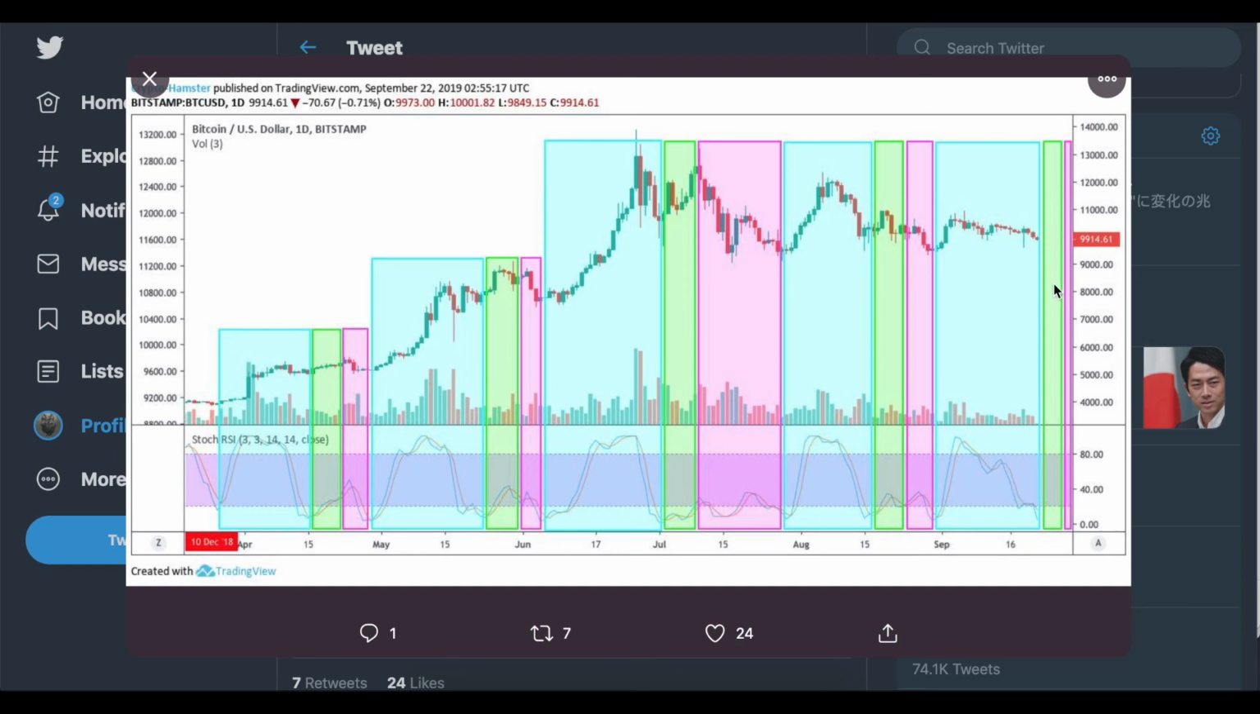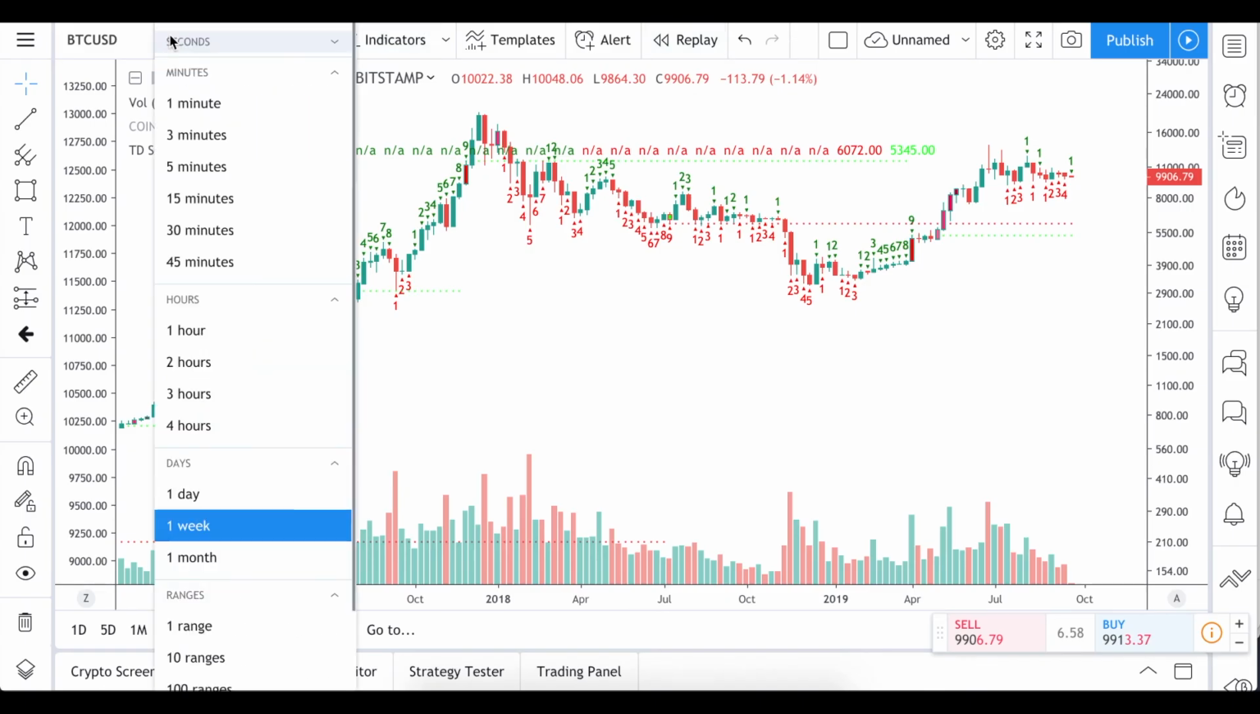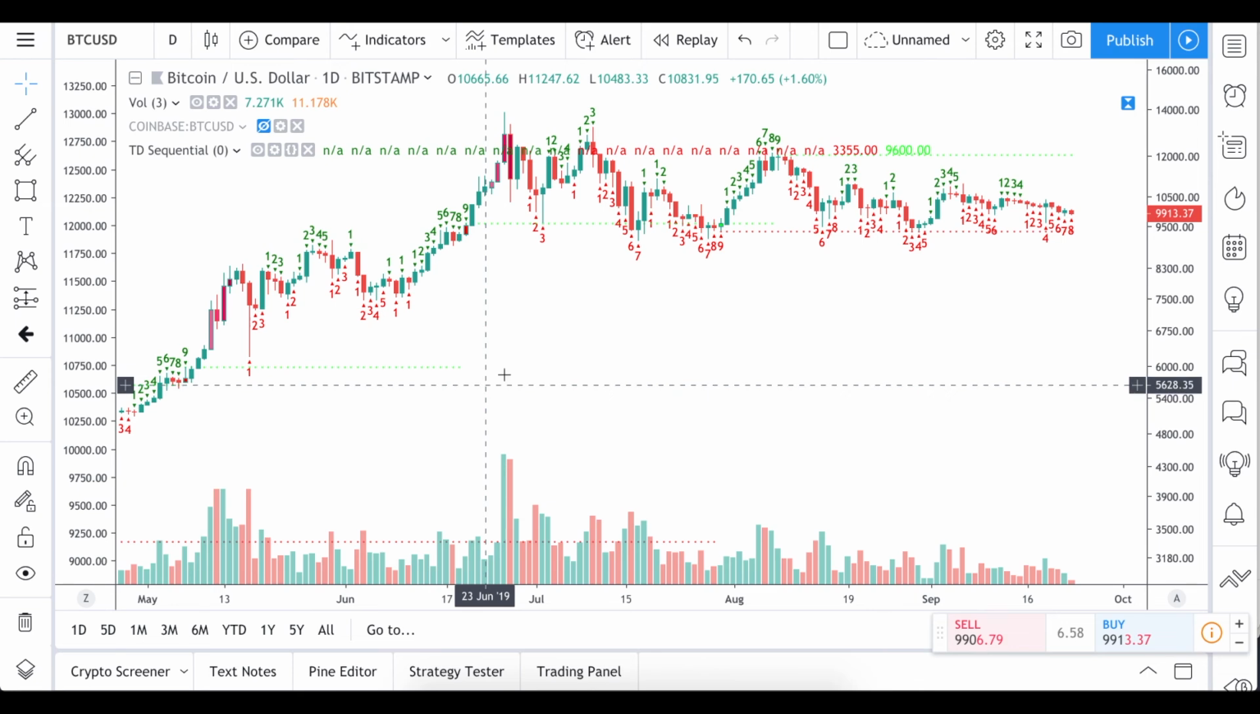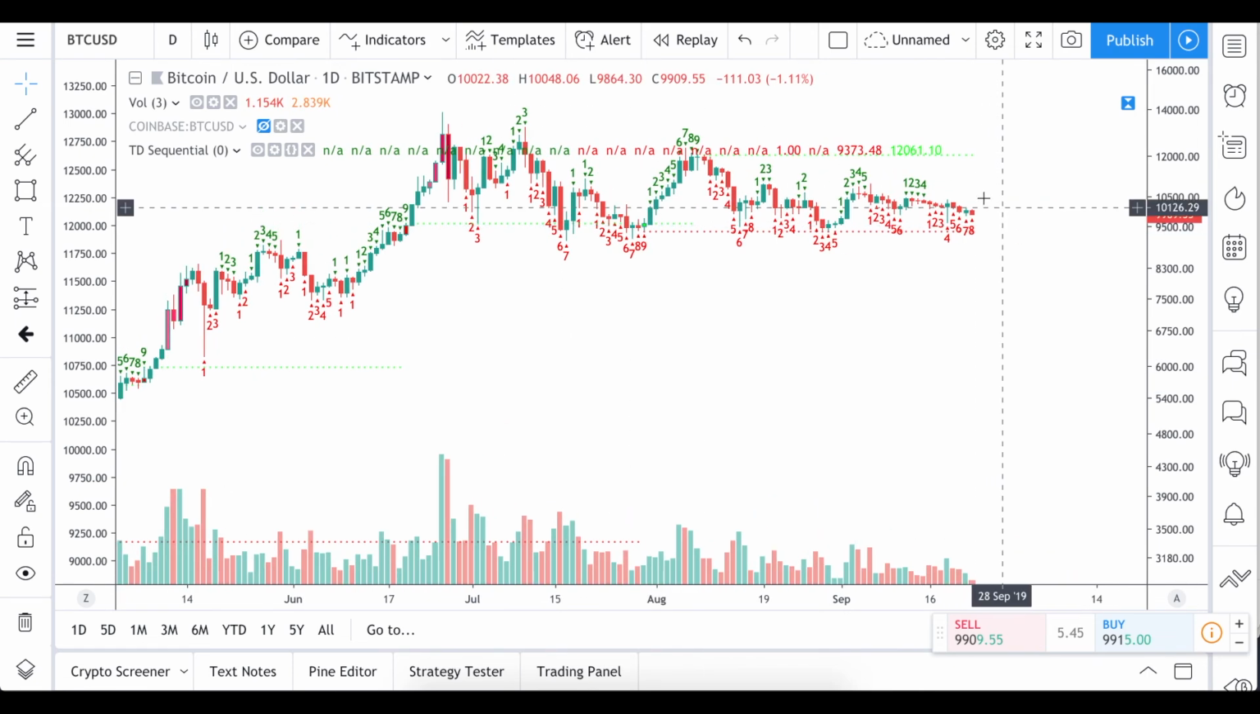We are potentially entering this green zone, which technically should at least bring us some temporary move to the upside. It might not be the final major breakout, but still it's very likely that we'll see at least some temporary green time over here. And moreover, another thing, which is the TD Sequential indicator: right now we're approaching the point where